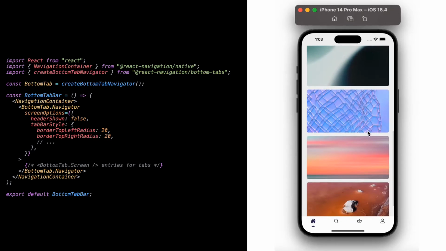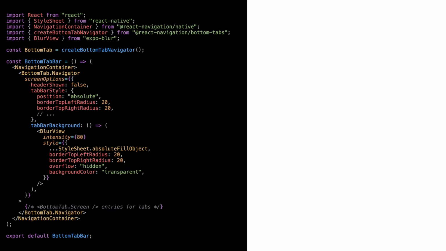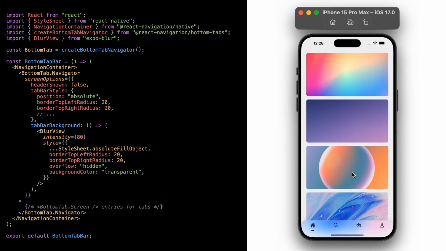When using bottom tabs from React Navigation, you can utilize the tabBarBackground property on the navigator with the BlurView component from the Expo Blur package as its value to apply the blur effect on the tab bar. But to make it work, make sure to also apply position absolute on the tab bar style, which would allow